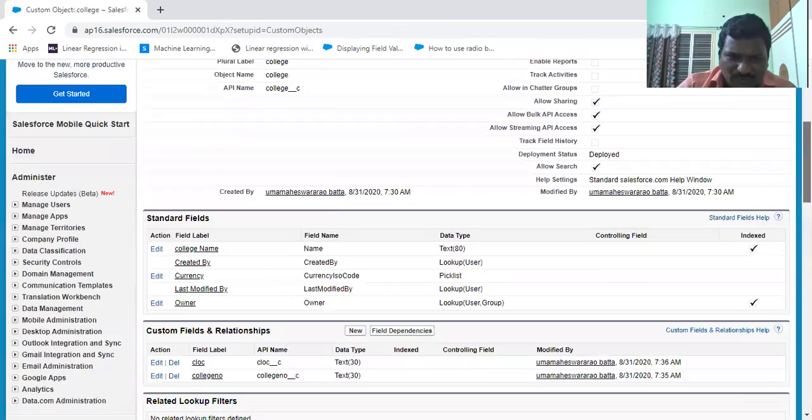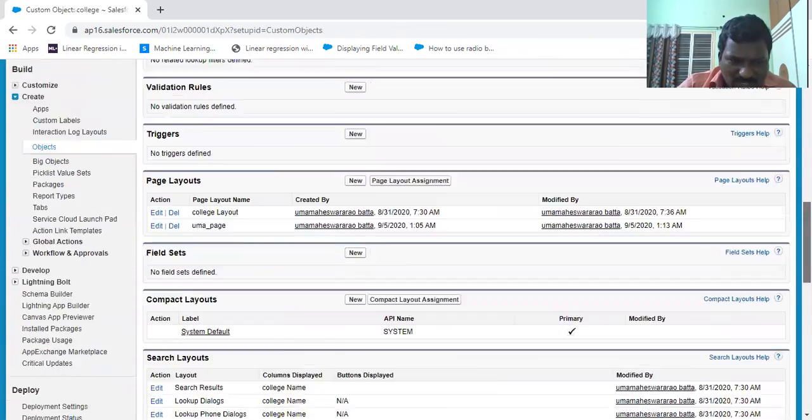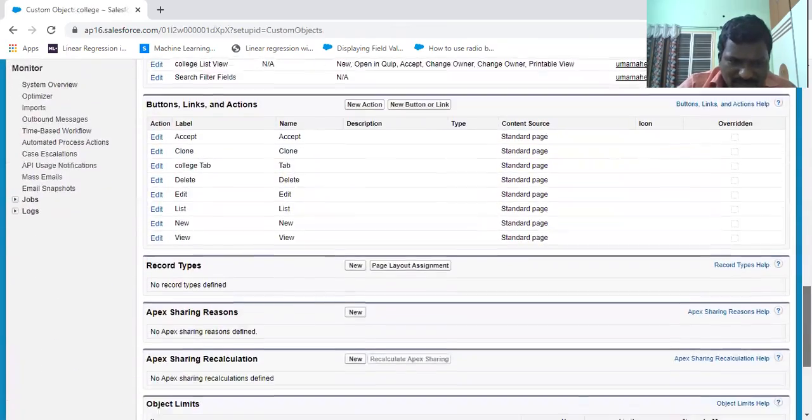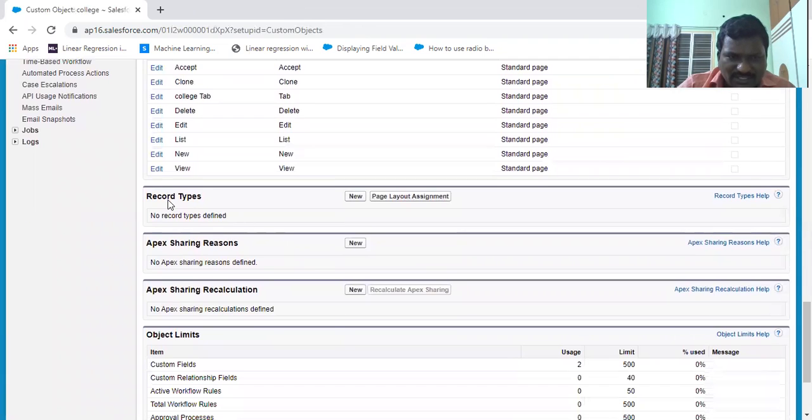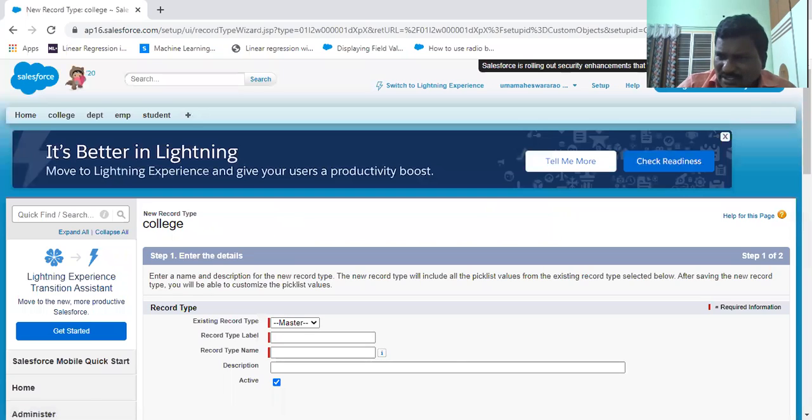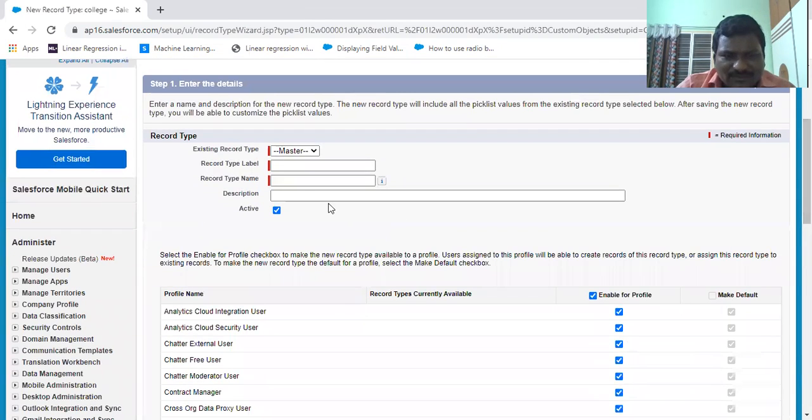Go to Record Types, click on Record Types, and I'm going to create a new record type. It will ask for the name.